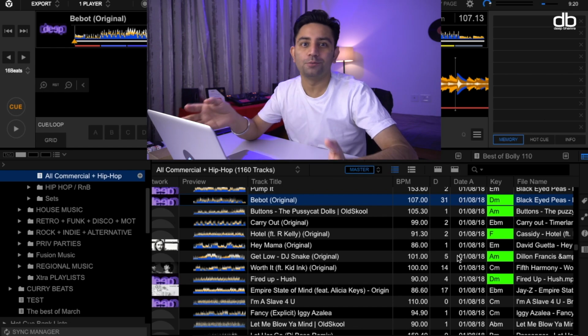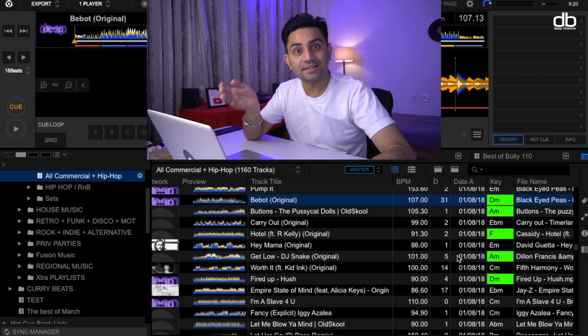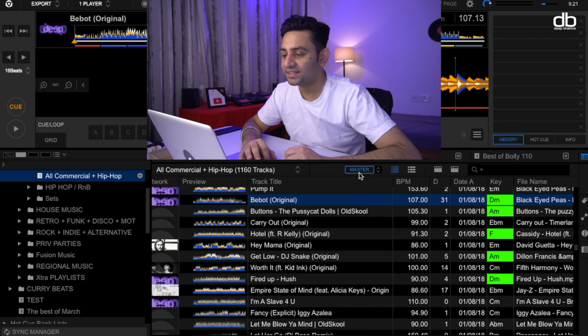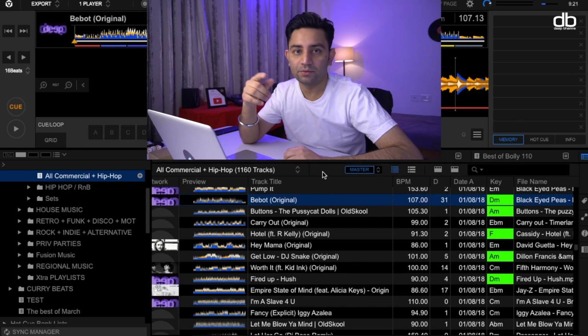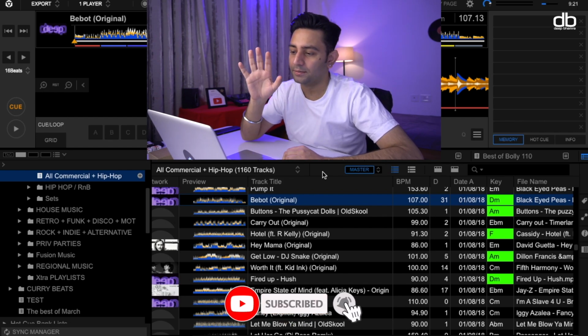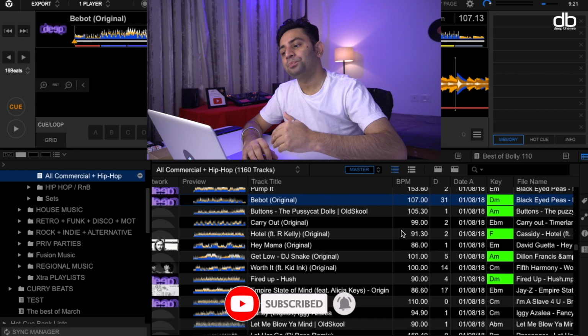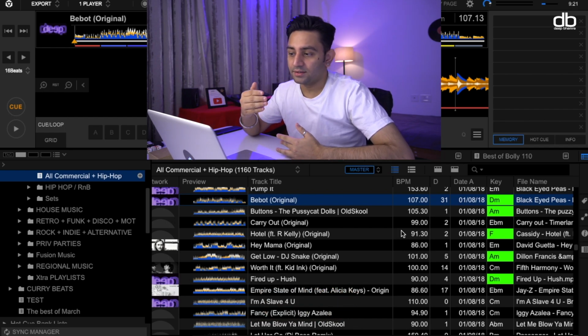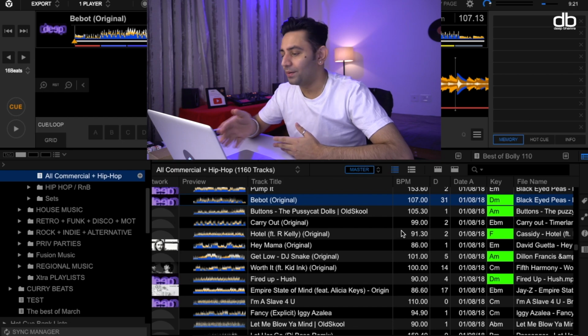Now this is one easy way of mixing in key. A lot of people ask me how to mix in key. This is one of the easiest ways, and that is by using this DJ software called Rekordbox and the traffic light feature. At the moment I've set it to master, but you can also choose to put it on player A, and if you're in the player mode or in performance mode, you can choose which player you want to have the traffic light feature on. I like to put it on master, so that every time I select a track, the tracks with similar keys will automatically light up.